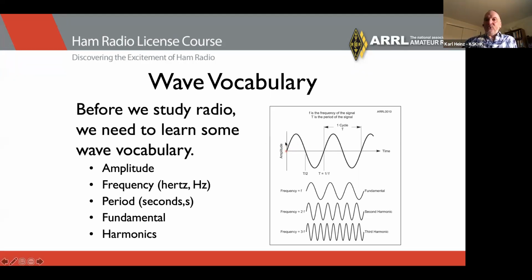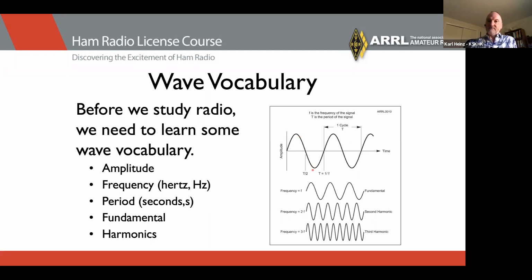So the amount of how far this wave goes up, we call the amplitude. If we have a wave that has a higher amplitude, that could mean that a signal becomes louder. But in general, it's stronger. So closer to the antenna, you would have a larger amplitude than 1,000 miles away from the antenna when you transmit. So the amplitude indicates how strong that wave is, how far up it goes at its positive and